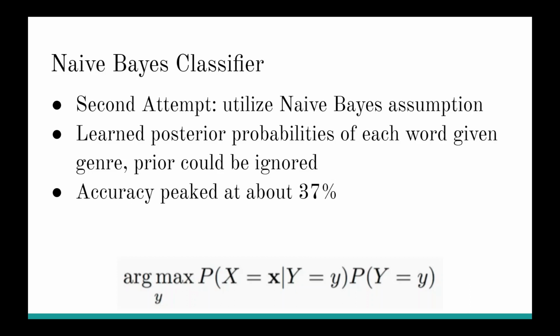Our training method learned the posterior probabilities of each word given genre, but the prior could be ignored due to the fact that there is an equal number of each genre in the training data. This model was again produced utilizing NumPy in Python. Once trained, we found that the model was about 37% accurate on our testing data, again indicating that this model